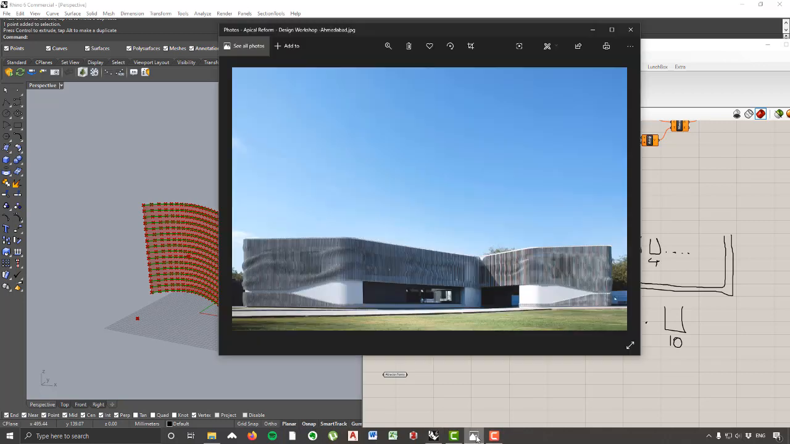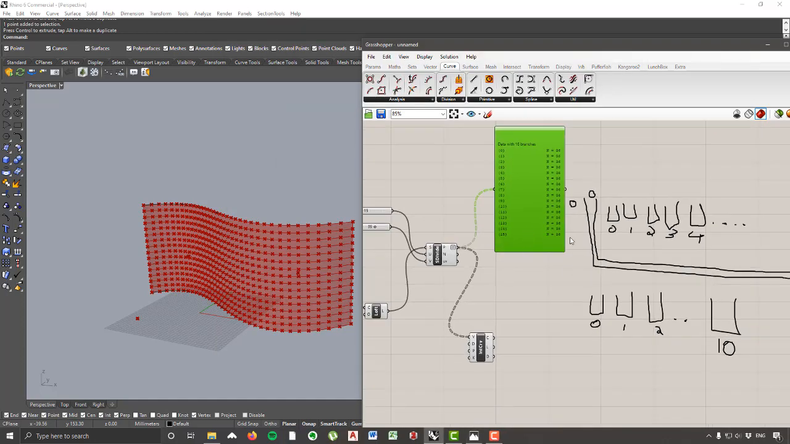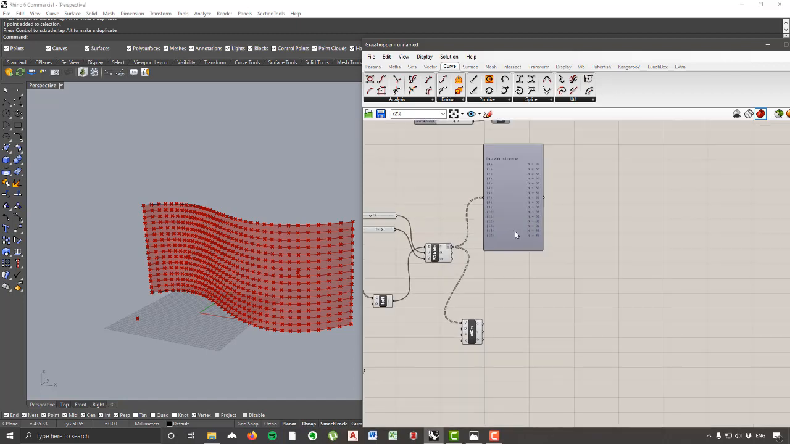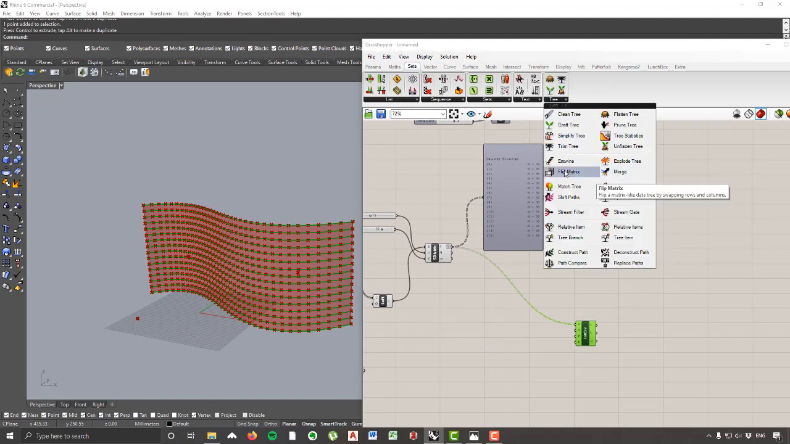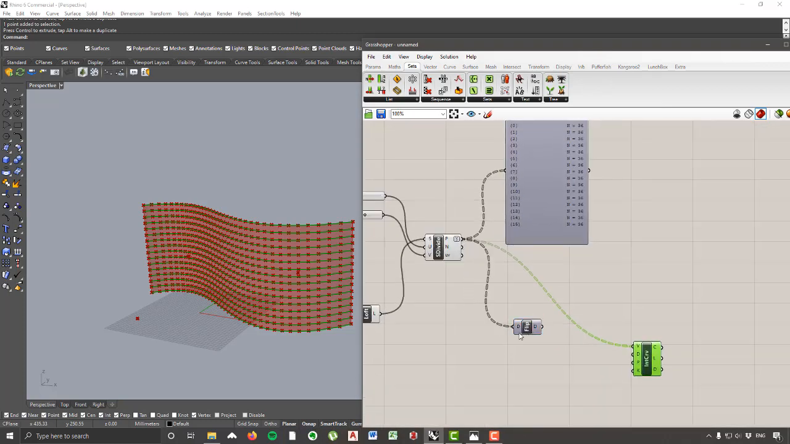Now, if we look at our precedent image here, these pickets are vertical. So how are we going to take these points and translate them from horizontal lines to vertical lines? Essentially, what we need to do is swap the data structure so that these points are grouped vertically. And to do that, I'm just going to delete these scribbles. We can use a component called Flip Matrix. So we can go to Sets, Tree, Flip Matrix, put that on the canvas, put our points into Flip Matrix,